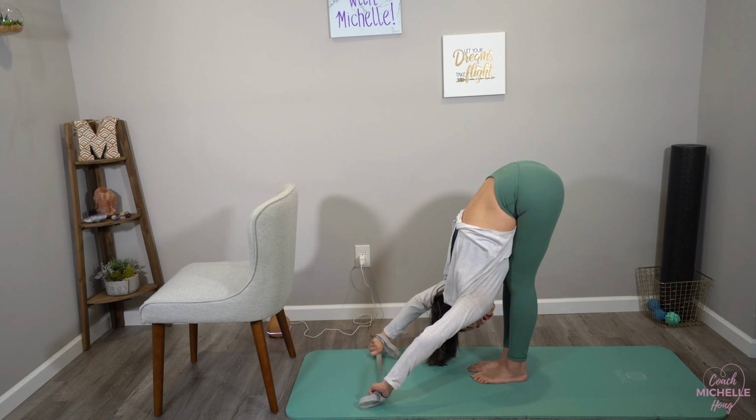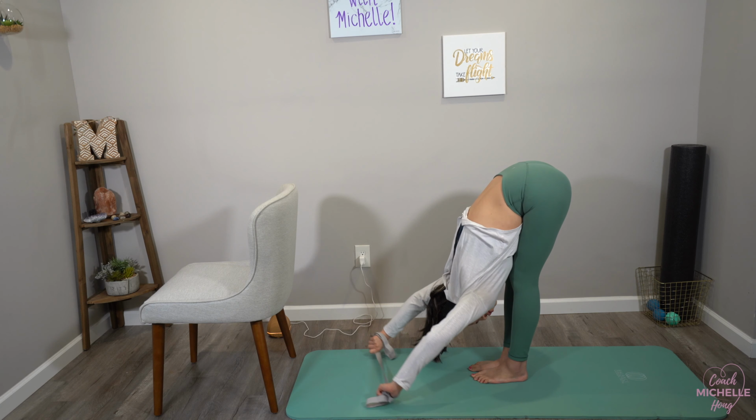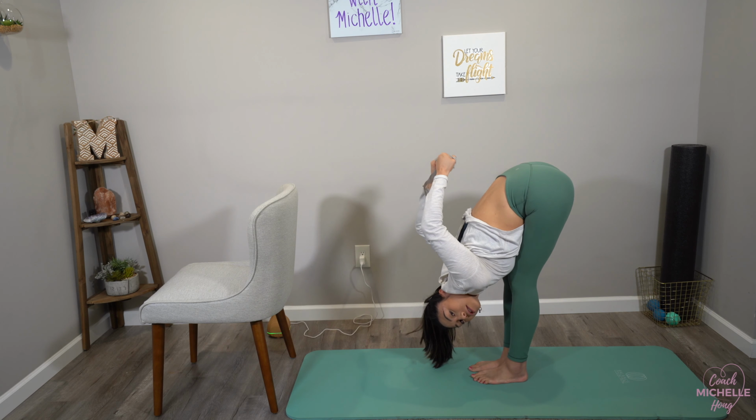This demonstrates how much shoulder flexibility a person has. So if you're able to reach the ground, that means you have very mobile shoulders. Okay, and if you get better at this, you want to make sure that